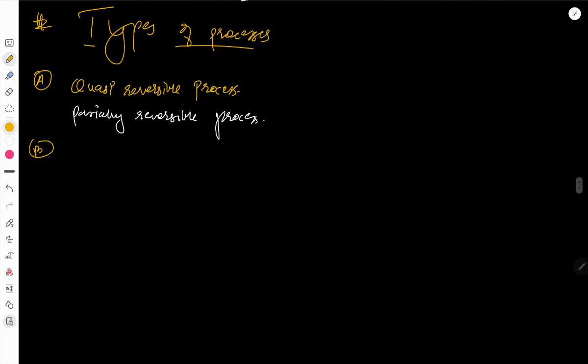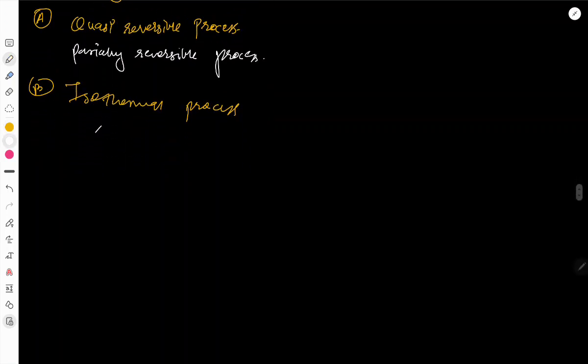The second is isothermal. And now remember, the word iso means constant, just like isotropic and all. So isothermal means delta T is 0 and temperature is constant. So let us see our work done. It is P delta V,